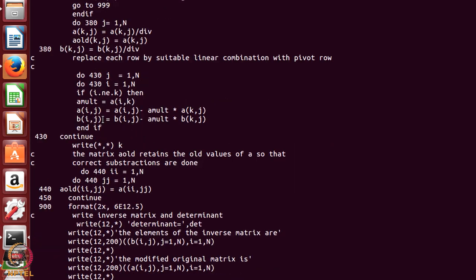Okay. The new aij will be the old aij minus a multiplier times the old value of akj. What is this multiplier? That particular value in the column. Look at our previous lecture which tells you how to set all the elements in that particular column to 0. This is exactly that procedure to set all elements in the column other than the diagonal to 0.